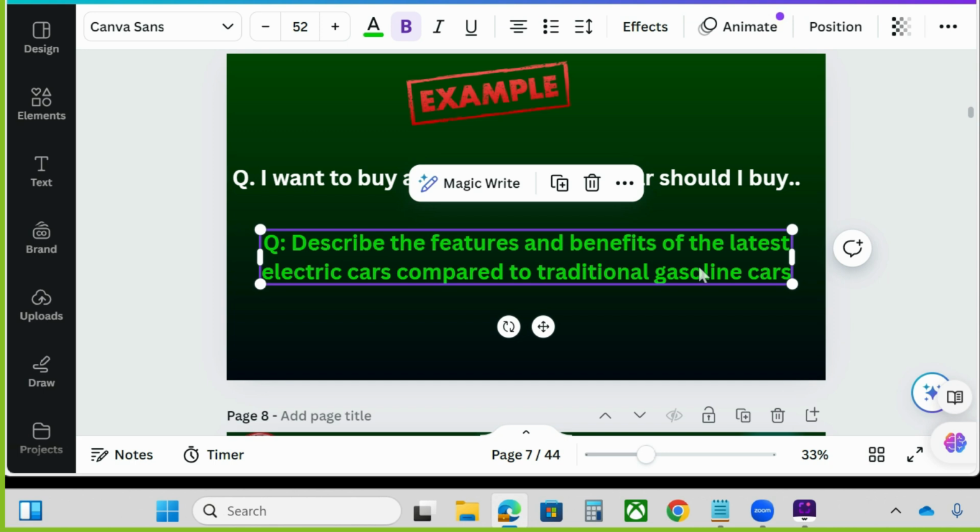But look at the better prompt. You are telling ChatGPT to describe the features and benefits, because I need to compare the features and the benefits of the latest electric cars compared to traditional gasoline cars. I am a little confused about electric car and gasoline car. Which car should I take? And what are the things I need to measure? I need to measure two things: the features and the benefits. How I will get the benefit and what features are available. So if I ask this kind of question,